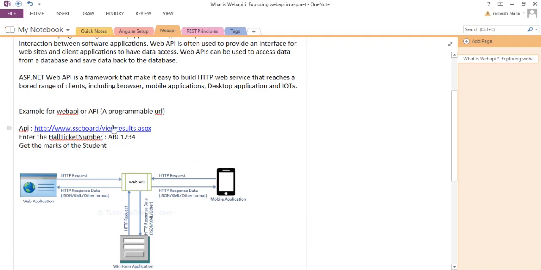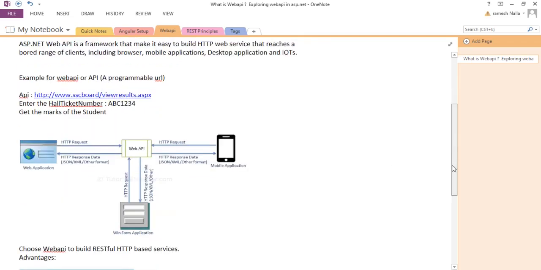This programmable URL we can access anywhere. We can access it through a mobile application, through a desktop, through a web browser tab, from any location over the web. So this is the best example, the high level architecture for the web API. Here, this web application we call a client.